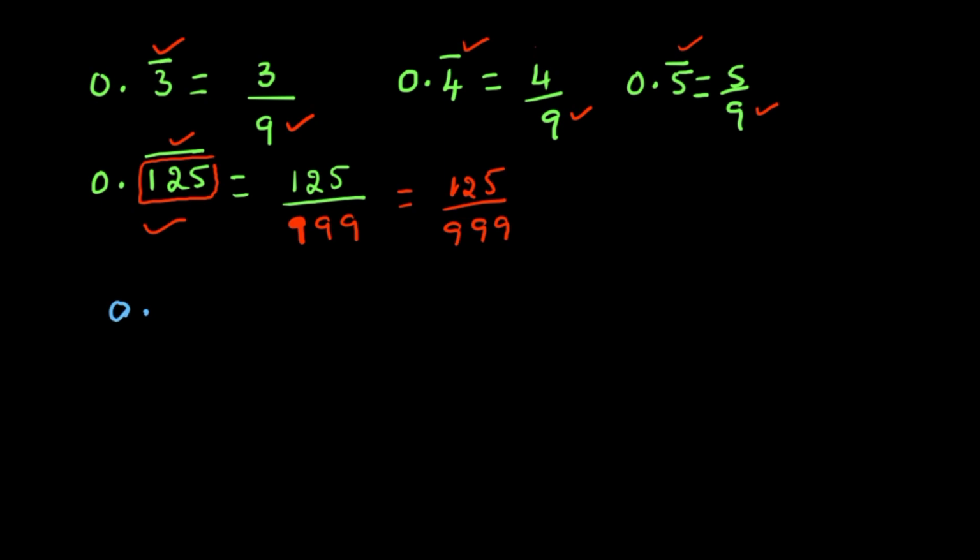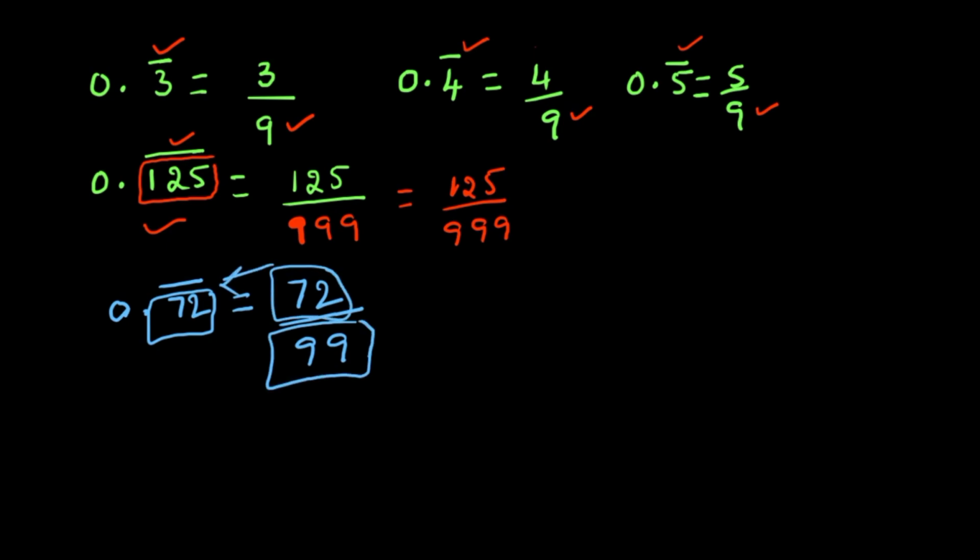Now another one, suppose you have a number like 0.72 bar, 72. Okay, so how to do this one? I'm giving you 5 seconds to think and try the answer, okay? Yes, you are right, that is 72 divided by 99, because periodicity is 2, so we should write 2 9s in the denominator, and this 72 is the actual form of the number, without the decimal we write. And one more example, just try one more example, 0.38 bar. How do you write this? Yes, this is 38 divided by 99.